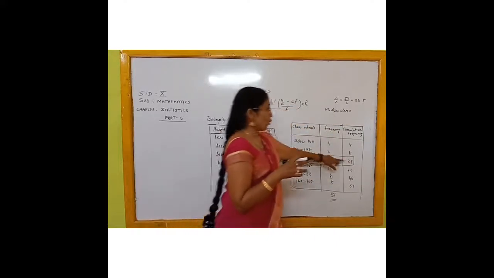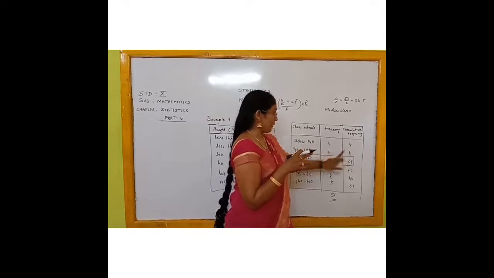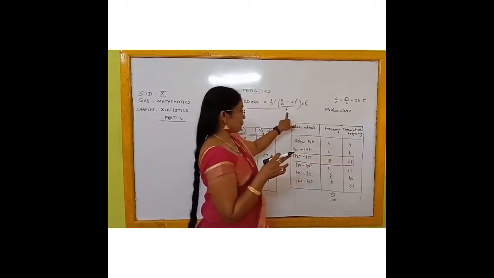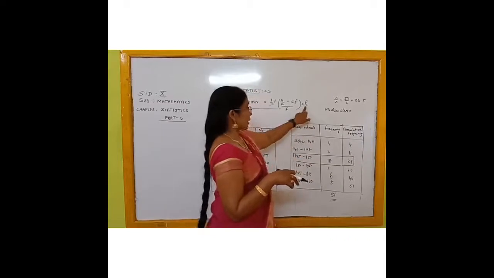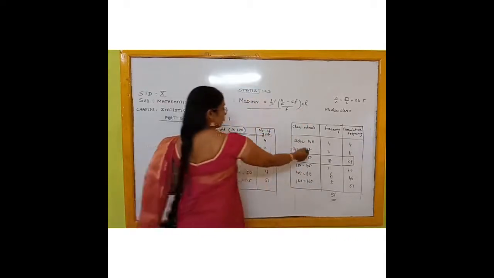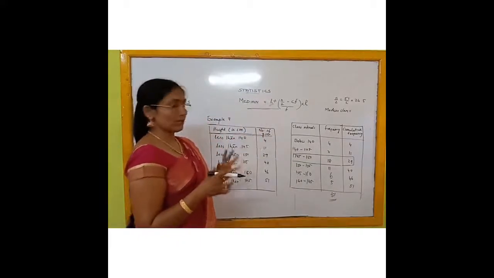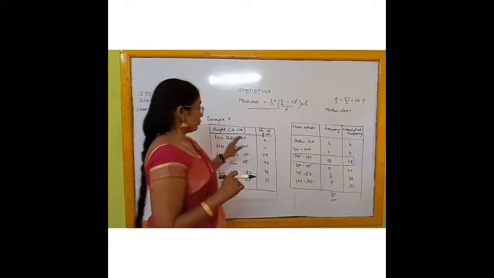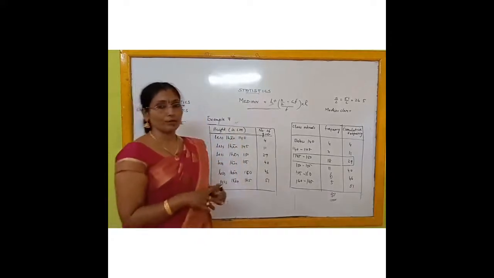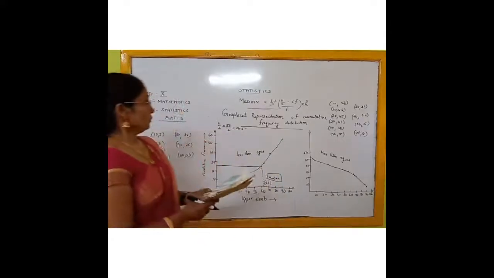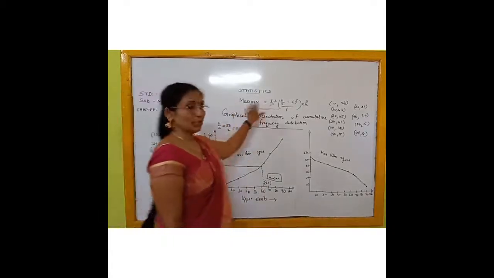CF means the cumulative frequency of the class one before. That also you know, that is 11. And next, f means the frequency of that particular class. Class size, how much is there? A difference of 5 is there. That means 5 is the class size. Now substitute in this formula and then you can find out. So this is also an important question for your exams. Clear for you, children? Now you already know how to find the median using this formula.